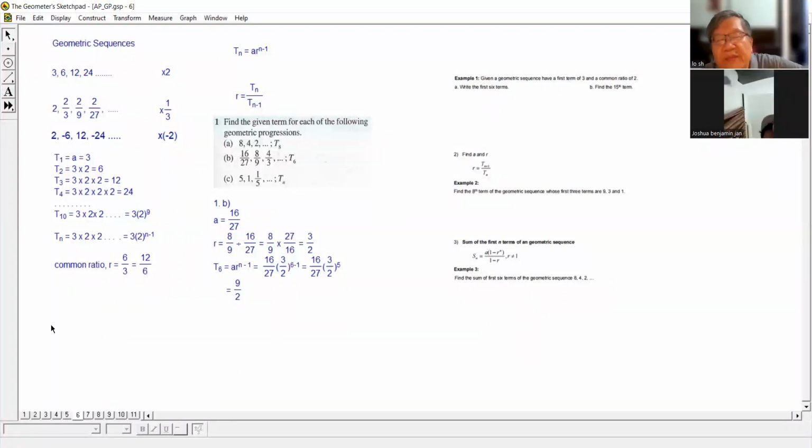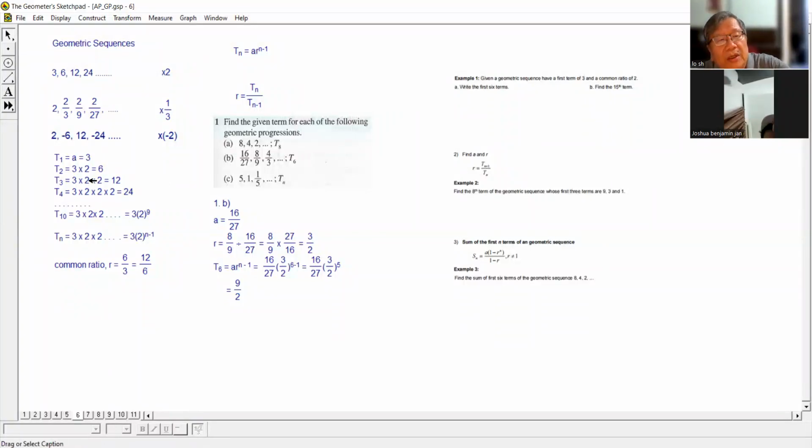Similar to our arithmetic progression, we call these numbers T1, T2, T3, and T4. So T1 is a, which is 3, T2 is 6. So how to get 6? You multiply by 2. T3, the 6 multiplied by 2 again, you get 12. 12 multiplied by 2 again, you get 24. But if I just tell you multiply with 2, multiply with 2, you cannot see the pattern. So I break them up